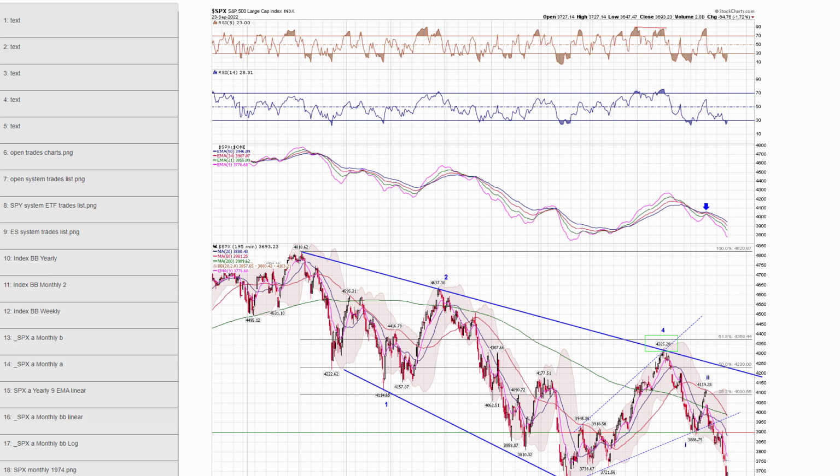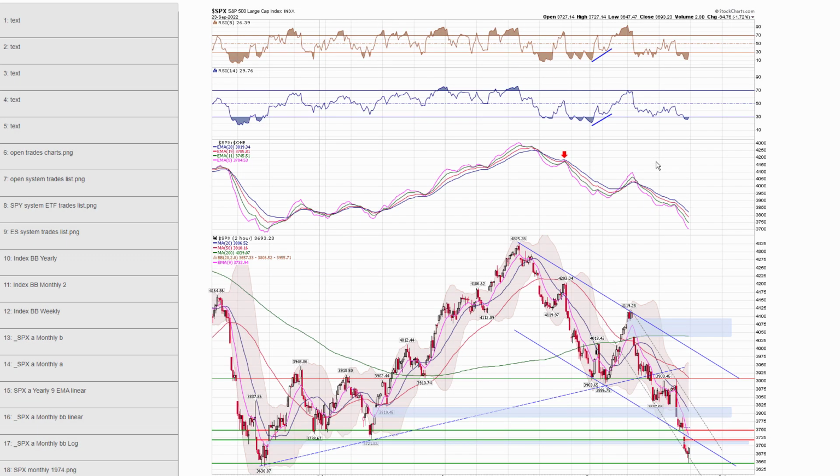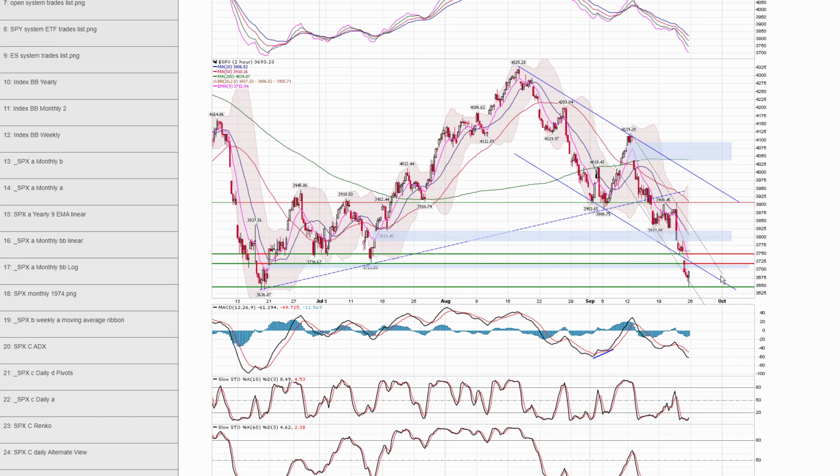Next, chart number 26, here's the 2-hour view. Again, we bounced off this little support area from the June low. Let's say we get a follow-through bounce on Monday. I'm not expecting it to go that far. Maybe this downtrend line here, maybe fill this gap. Maybe down to here, but I'm expecting it to fail and then come down again.